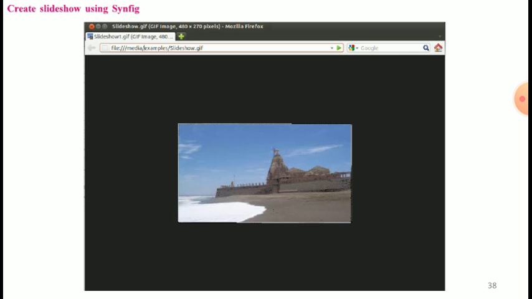If you want to place a background in the slideshow, then encapsulate all the image layers. Place the background as the bottommost layer. So the blend and amount parameters will be applied only to the encapsulated layer. And we can also add text to the images and display the text during the slideshow. So that is the topic of creating a slideshow using Synfig.